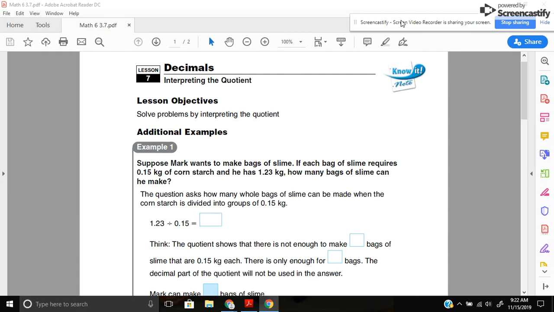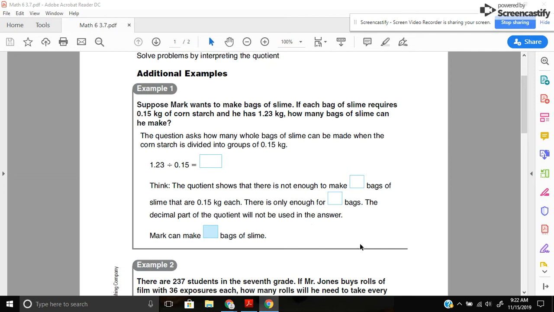In lesson 7 today, we'll be talking about how to interpret the quotient. Remember, the quotient is an answer to a division problem, and we're going to be working with dividing decimals again. So really what this means is after you solve a real world problem, look at your answer and figure out what that means in the context of the problem. In other words, a lot of times you'll have to round up or round down to get a whole number, to get what you're looking for. Okay, so let's go through a few examples, and I think that'll make a little bit more